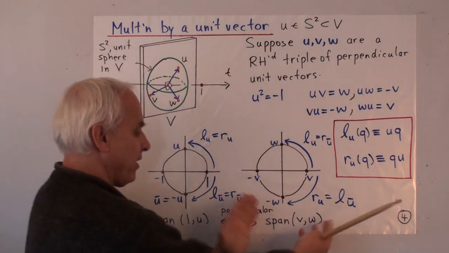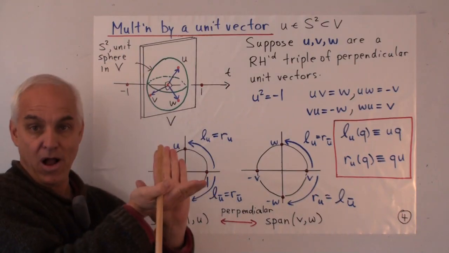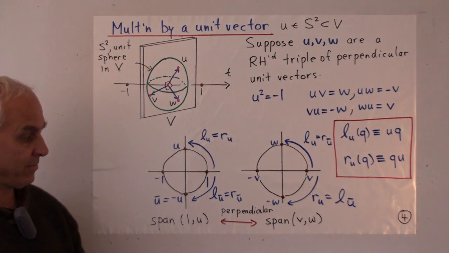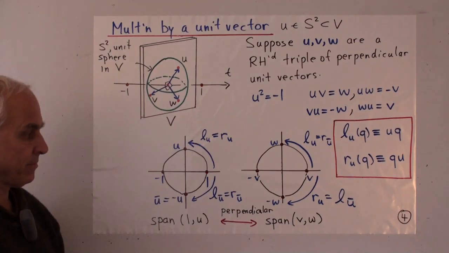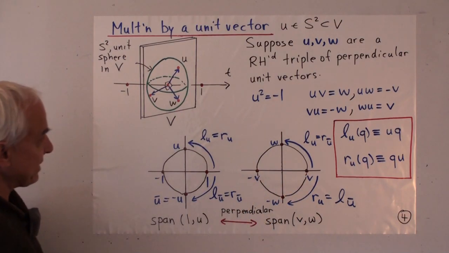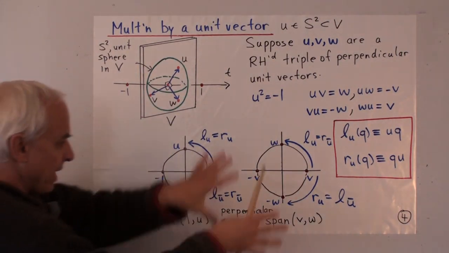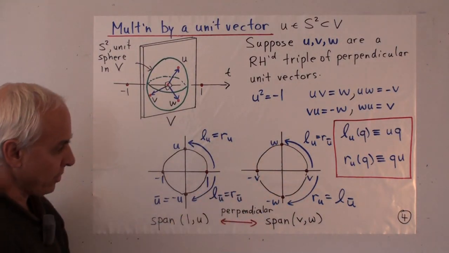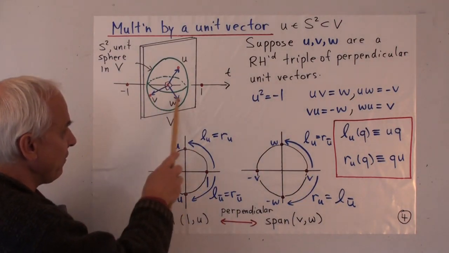And the other plane that we're going to think about is the perpendicular to this plane, the orthogonal complement: all the vectors which are orthogonal to these ones. In other words, the span of v and w. So there's v and there's w. We're basically taking this sort of equatorial plane here in v and taking it out and putting it there so we can look at it. So there's v and there's w, minus v and minus w, and everything in this plane is a linear combination of v and w.